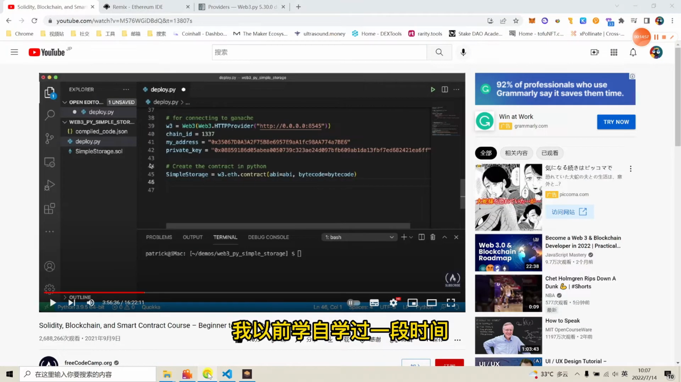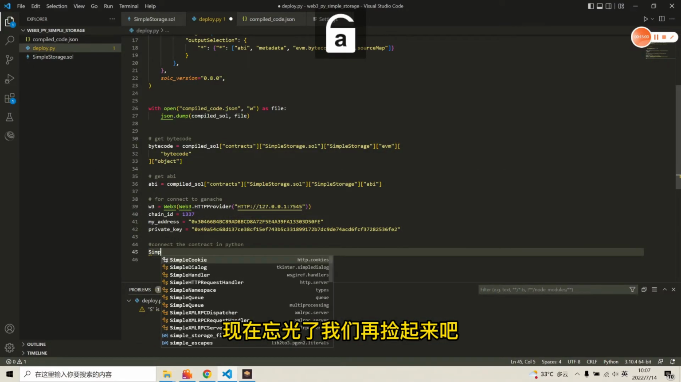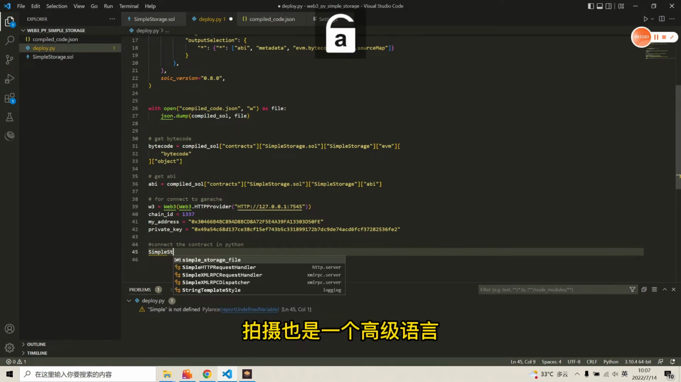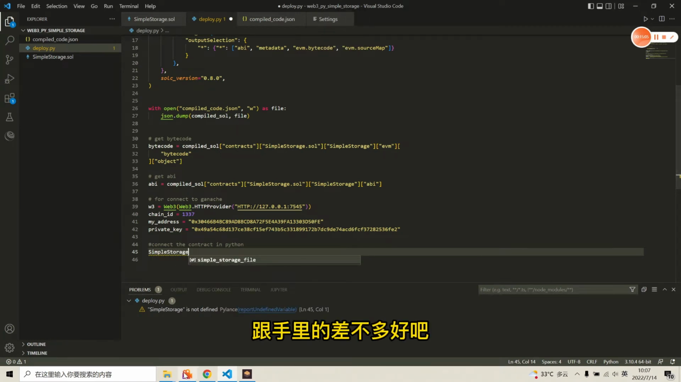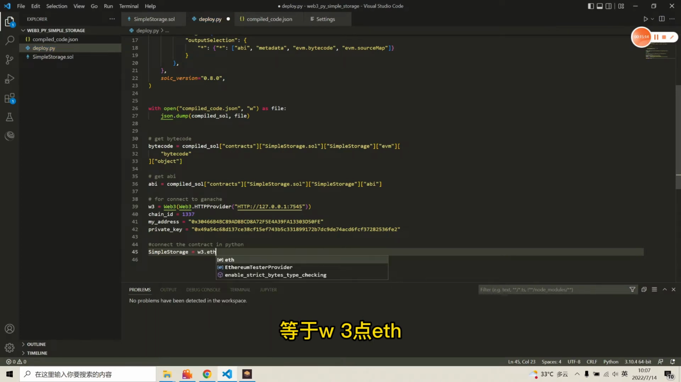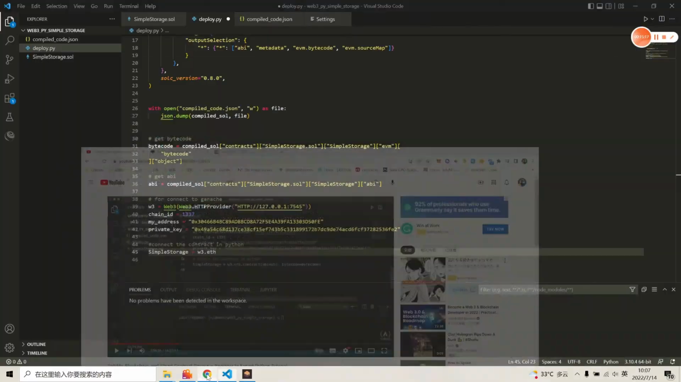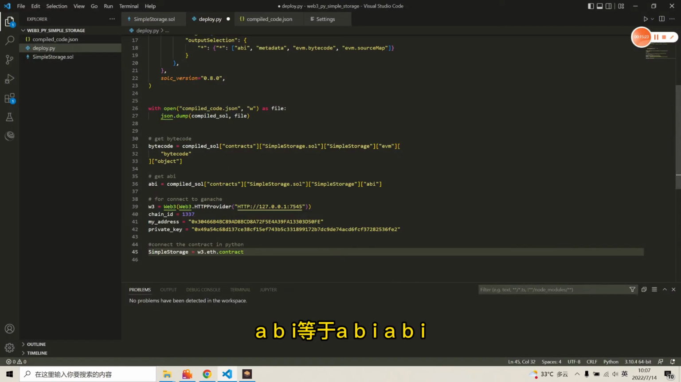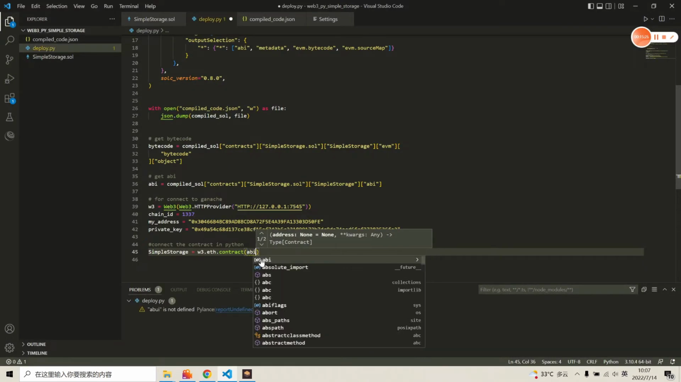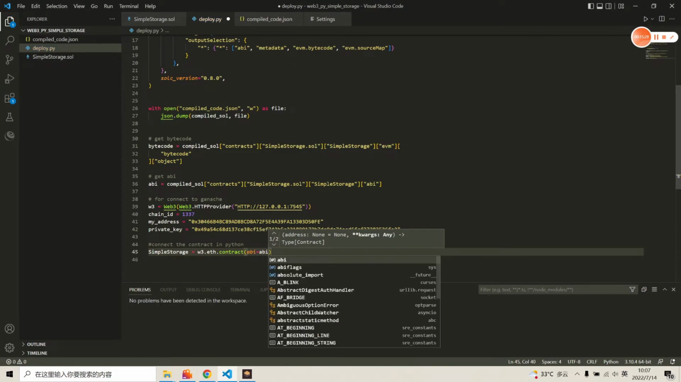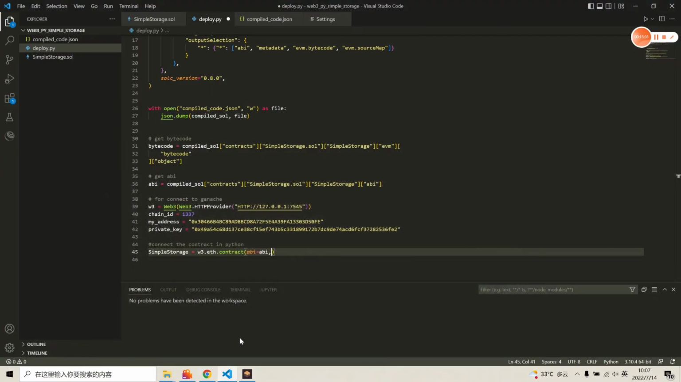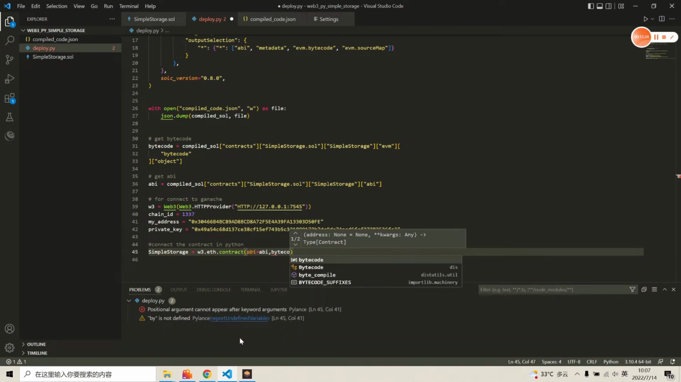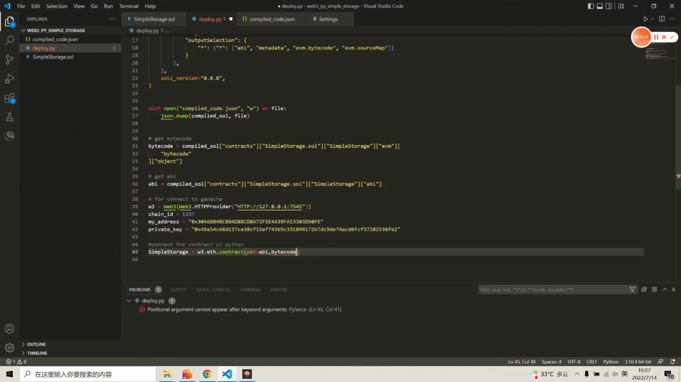Python 我以前自学过一段时间，现在忘光了，我们再捡起来吧。Python 也是一个高级语言，跟英语差不多，跟 Solidity 差不多，所以咱们不用太害怕，英语好就可以了。等于 w3.eth.contract，abi 等于 abi，bytecode 等于 bytecode。